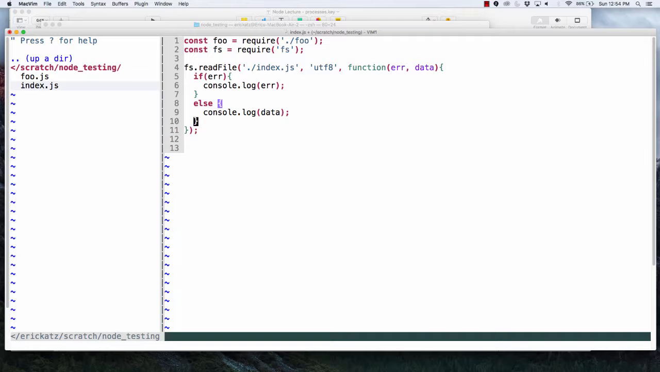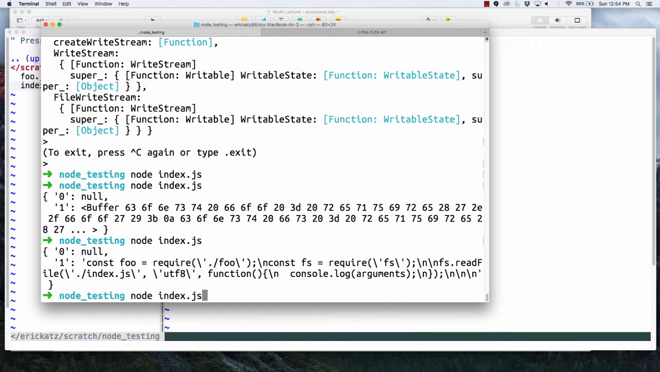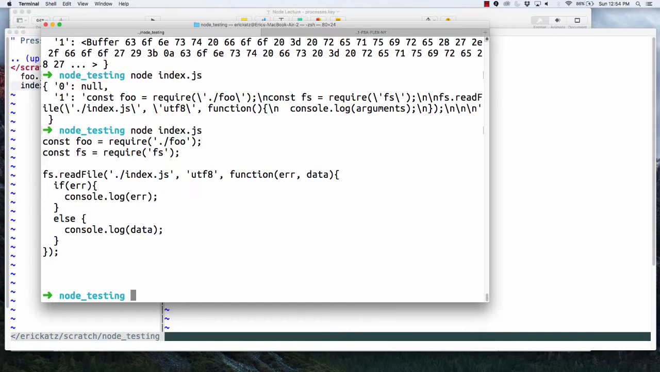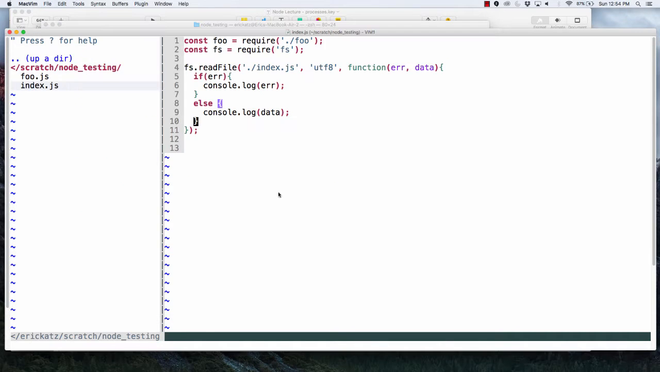So if we do this, we'll end up getting back pretty much those same results, but here we've got a more formatted version of that file. I just want to do one other thing, and then we'll sort of bounce back. But notice